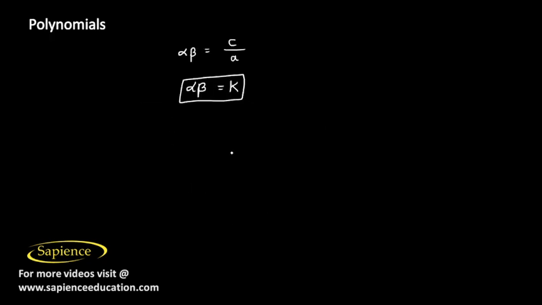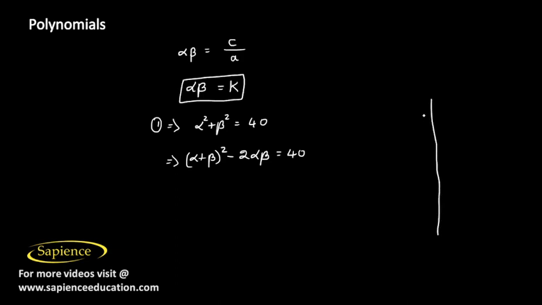Now equation 1 says alpha square plus beta square is equal to 40. Now this can be written as (alpha plus beta) the whole square minus 2 alpha beta equals 40. Why? Because we have this algebraic identity that (a plus b) whole square is equal to a square plus b